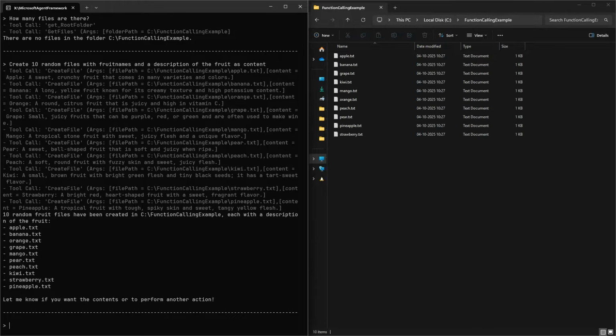And now you can see it calls a bunch of tool calls. It made a create file with this one, with this content, and it made 10 files here, which is good.